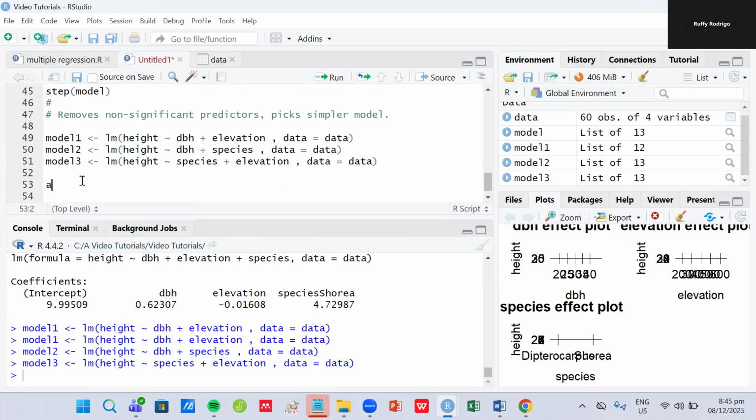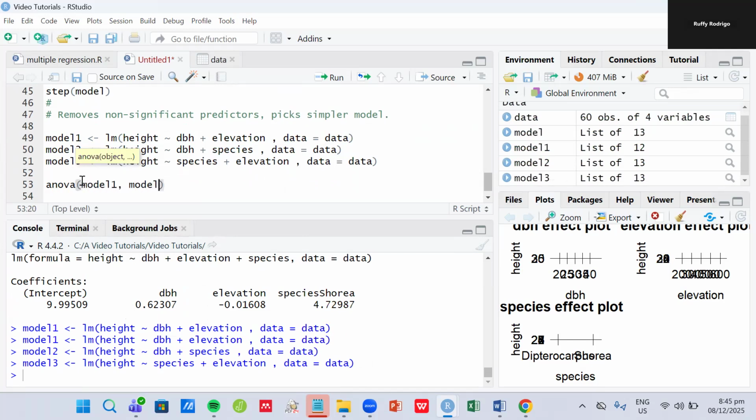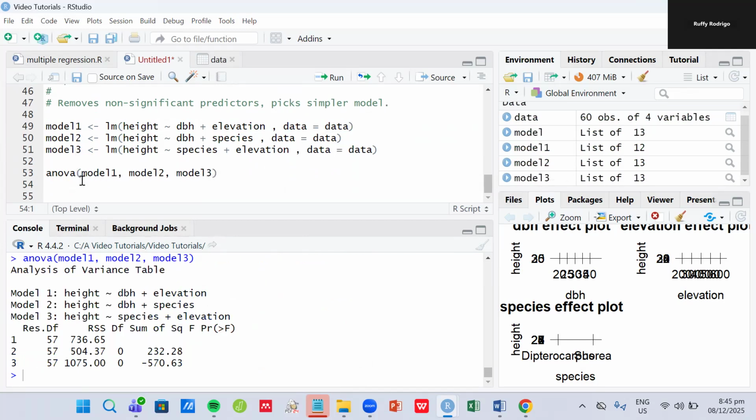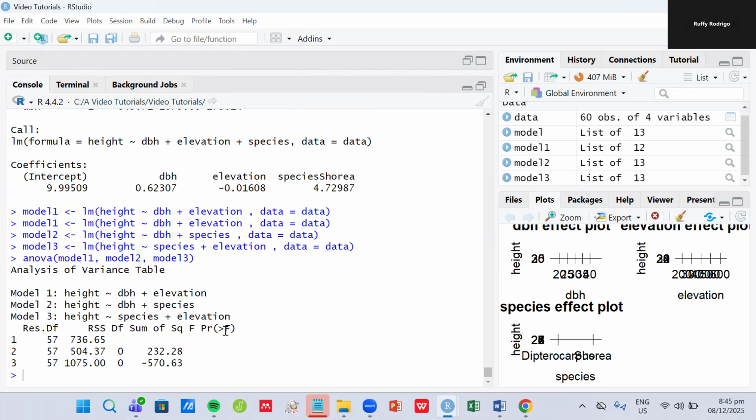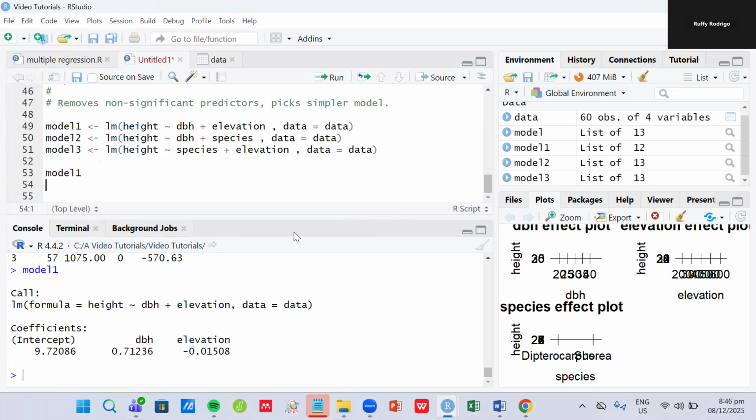Let's see, ANOVA. There's another thing, ANOVA, and model 1, model 2, model 3. What you can see there is the AIC, and that's the variance table. Here we have a lower RSS, and model 3 has a higher RSS. Maybe I can run it one by one, so model 1, let's say,